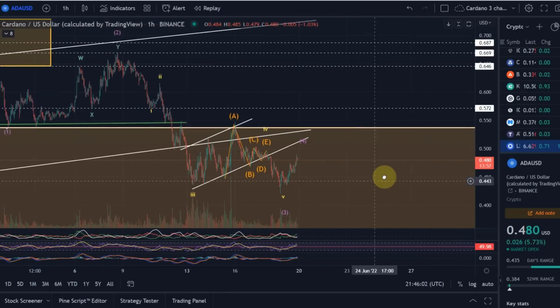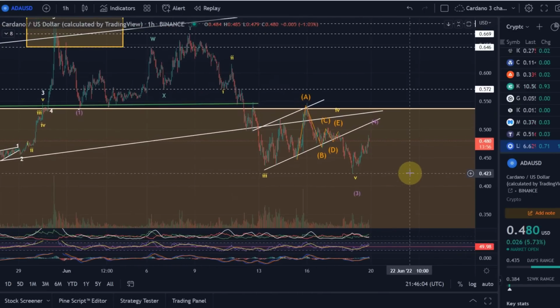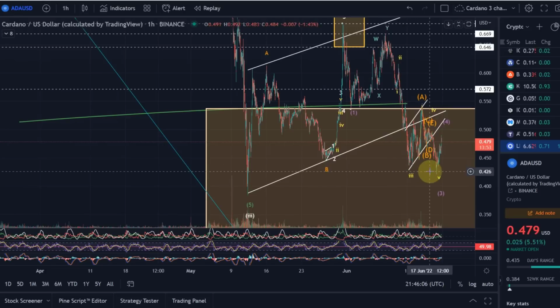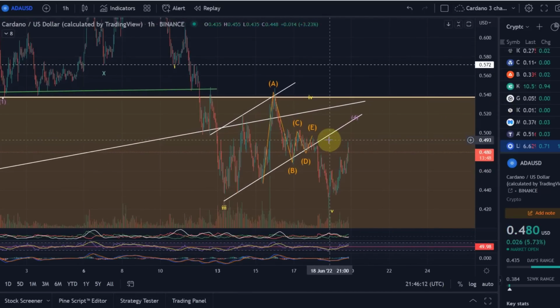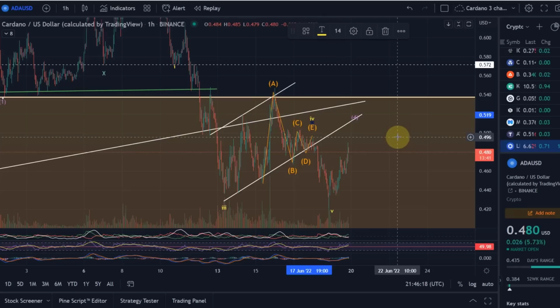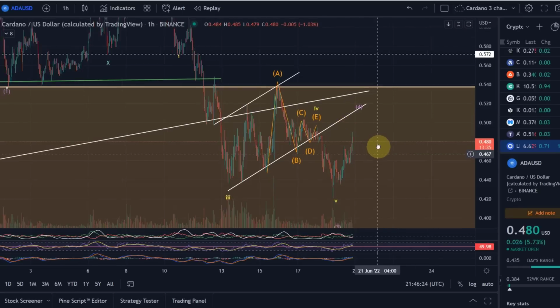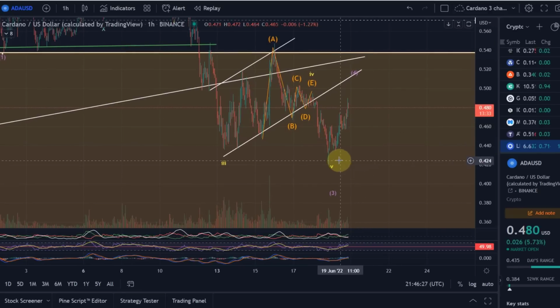When would I consider this option, that we could say, okay, the low for ADA is in, even when not making a lower low compared to the 12th of May? I personally would want to see significant price action above the high of the wave E, which would also be the wave 4 high here. And that would be at 49.5 cents. Above that level, I would consider, okay, maybe we see really a truncated wave.